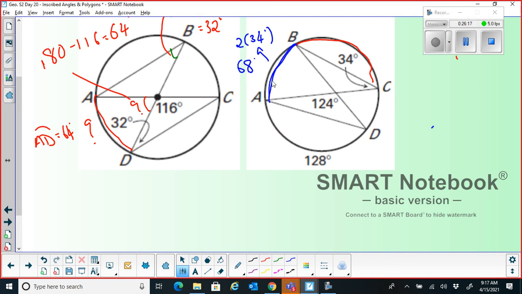And we know this as 128 degrees. This is already given to us as 128 degrees. Do we have CD? If we have CD, then the sum of all the arcs should be 360, and then we can solve. Do we have CD? As of now, no. But this is 124 degrees, can I find CD? CD is not the central angle, so I can't find CD this way either.